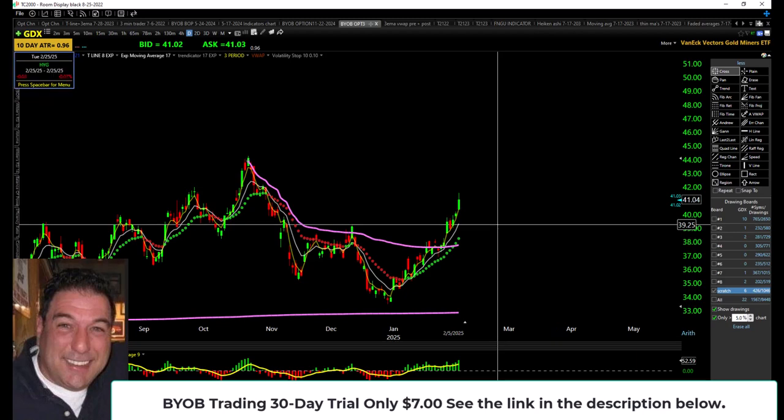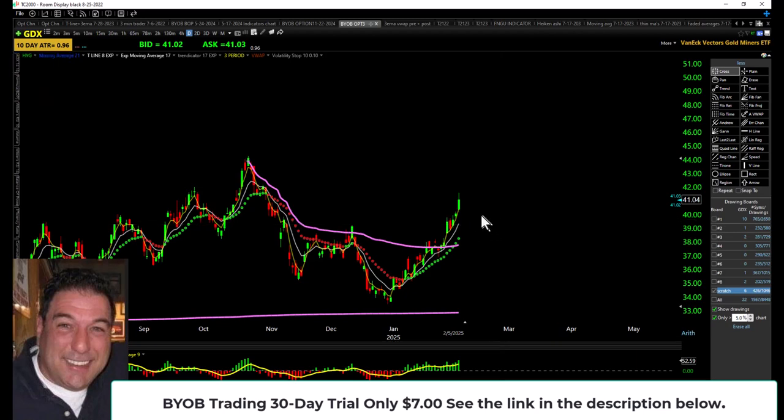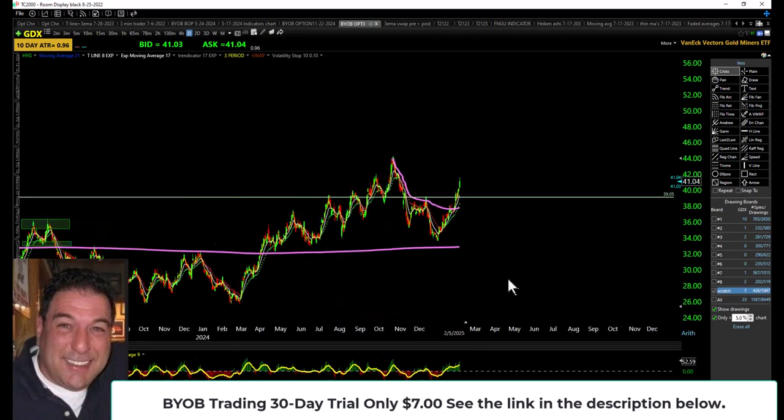All right, if it tests support and holds, that will be such a wonderful buy. And usually this area right here would be the support to test and hold. If they pulled back and tested that and it held, and then the bull stepped in right here, oh, that would be such a good buy over this 6-month high anchored VWAP, over this